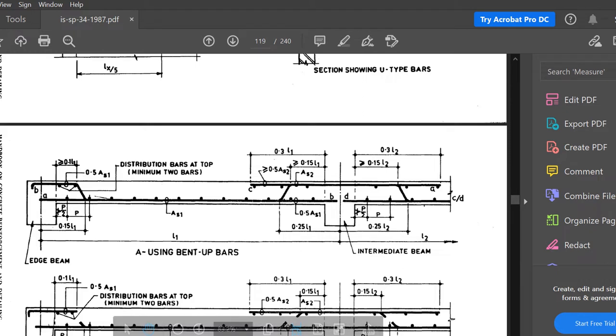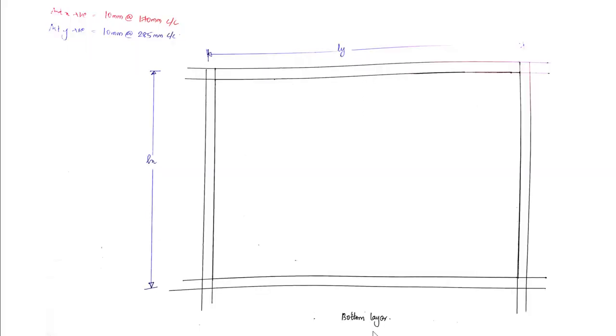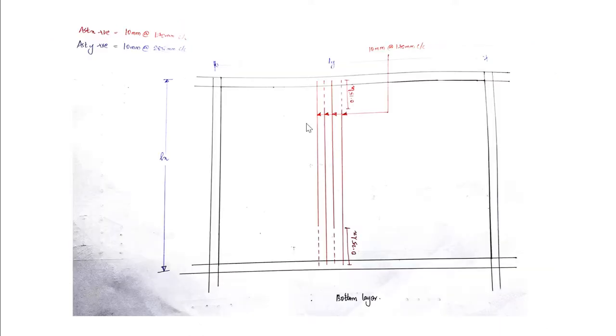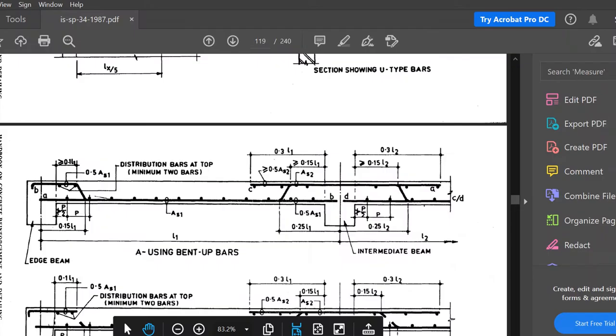So here I am starting: at the bottom you have Lx and Ly. I am placing AST X positive at the midsection. Here also you need to divide it into edge strip and middle strip, which I am not showing because it will get more complicated. In the examination you need to just tell there is a middle strip and an edge strip, but while drawing you don't need to show that. So the middle AST X positive I am placing at the midsection. This is a discontinuous edge because there is no continuity here, but this edge is a continuous edge. So you can familiarize: this is the discontinuous edge and this is a continuous edge.